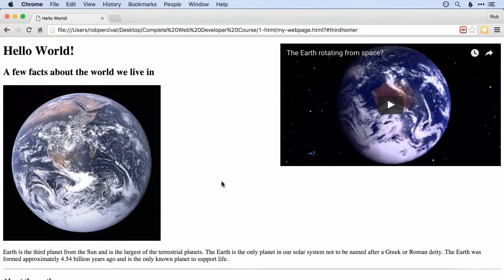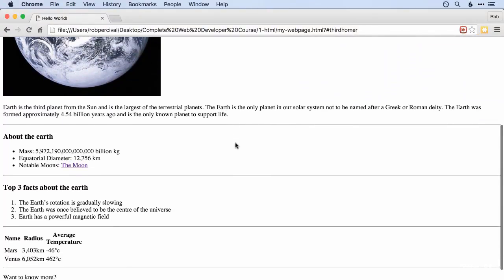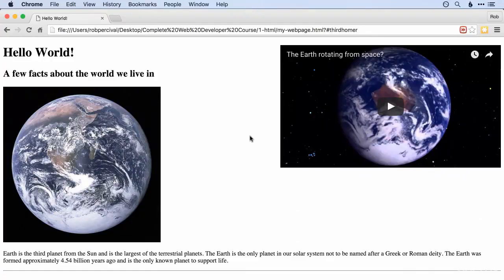As I mentioned, in this section we're going to be looking at style. So hopefully you have made a website that looks a little bit like this. You can see we've got all the core HTML elements in there, but it doesn't look great. We obviously want to be building beautiful websites as well as useful ones, and for that we're going to need